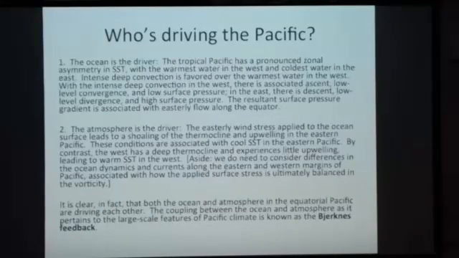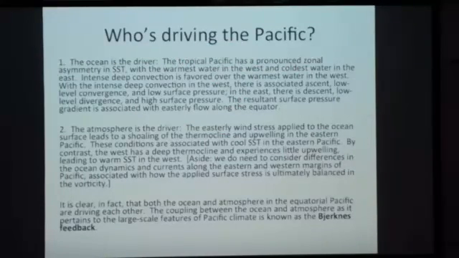So, lots of words on this slide, which I'm sorry for, but it's essentially to ask the question, who's driving the Pacific? We have both the ocean and the atmosphere to consider. The first possibility is that the ocean is the driver of what's going on in the Pacific. And the way this argument would go